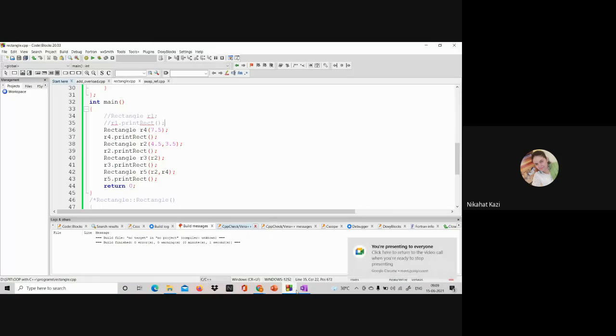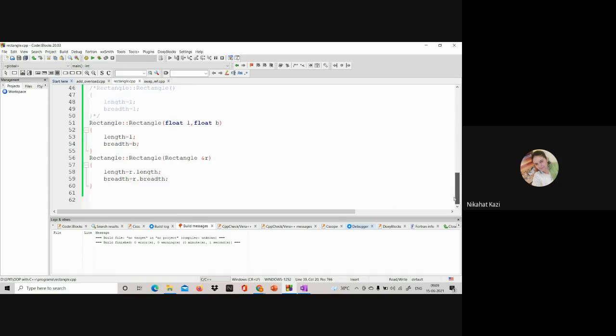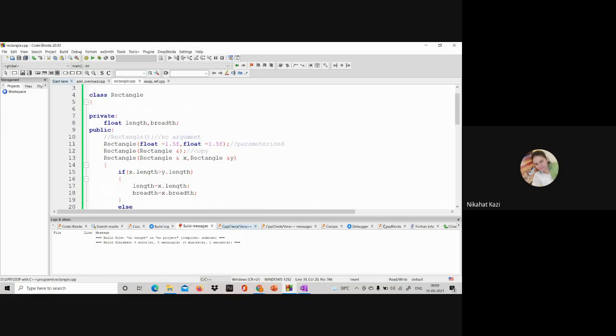Let us go back to where we stopped last time. So we were discussing how to write a constructor for the rectangle class, right? So we got an error. Yeah. So for that error, when we wrote this parameterized constructor, it was fine. With the three types of constructors, it was fine. First we wrote three types of constructors: the no argument constructor, the parameterized constructor, and the copy constructor. So it was working fine.